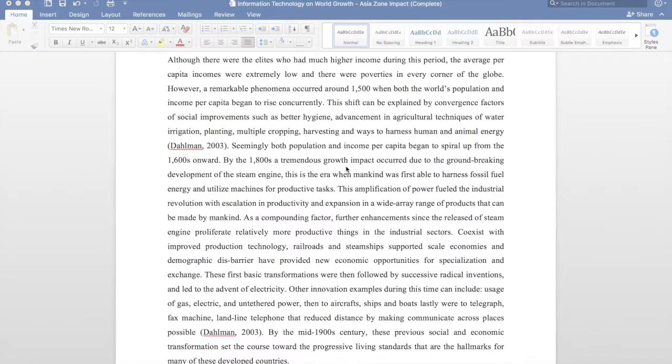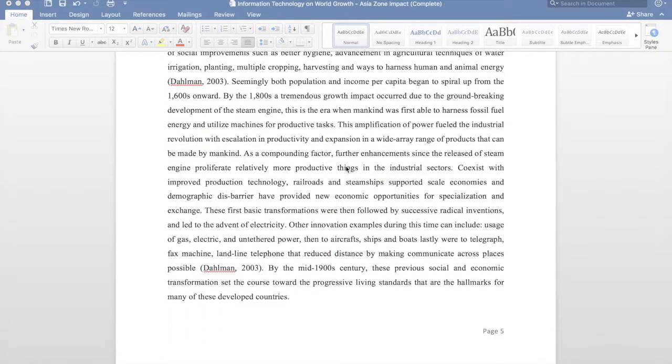Perhaps what might be interesting in this section is that the Industrial Revolution did not spread throughout the world as quickly as the information technology revolution. It took 100 years or more for the Industrial Revolution to spread its technology through the world, bringing higher living standards and higher income per capita for people. Yet it took over 100 years.